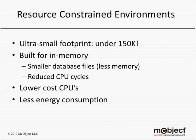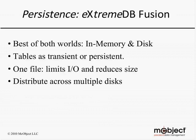Because byte for byte, disk storage can cost less than memory and require less physical space, for small form factor devices with large storage requirements, disk storage may be a better solution than pure in-memory. For this reason, McObject introduced eXtremeDB Fusion. eXtremeDB Fusion extends McObject's core technology, enabling the developer to combine both database paradigms, in-memory and on-disk, in a single database instance. With Fusion, it's possible to specify one set of tables as transient, managed in memory, while choosing on-disk